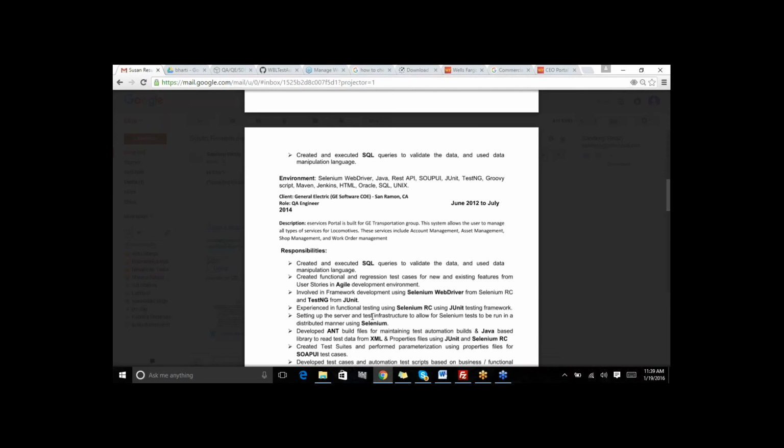So from Jenkins, is there a connection to Rally, or is that a different one? It's a connection to your GitHub, for the build, wherever your data is. Yeah, I understand that Maven, Jenkins, and GitHub all go together. Yeah. So okay, how does Rally come into the picture? Let's say your build has been run. Your build will come into some defect. So let's say your build is for your automation framework. Then your automation framework will test whatever phases you have done. Then there will be some bugs. Something might not be working.